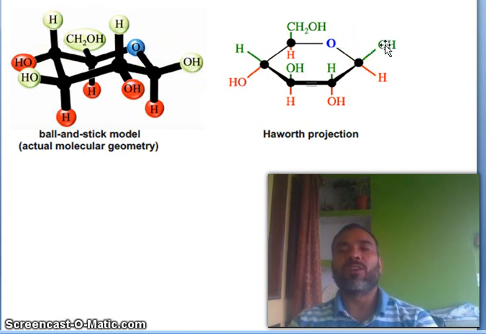You see 1, 2, 3, 4. It depends on the configuration. This is anomeric, you know that, and this is the hemiacetal. You also know that this carbon is the anomeric carbon, and this carbon is also hemiacetal. So this is the Haworth projection. In the Haworth projection, 4 groups are either up or 4 groups are down. So this hydrogen and OH are interconvertible.